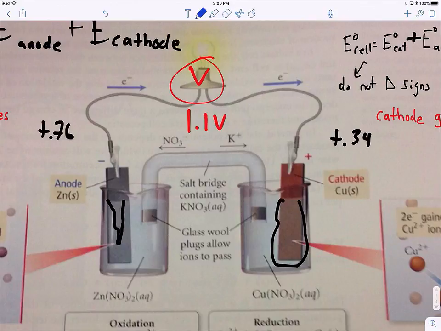So, okay. The other thing with the standard cell potentials is that it doesn't matter how much stuff you have. The electromotive force is an intrinsic property, meaning it's like density, right? It doesn't matter how much stuff you have, that doesn't change. So it doesn't matter if you have an atom of zinc and an atom of copper, the potential between them is 1.1 volts. So let's say that I go out in the courtyard there and I get 2 of those